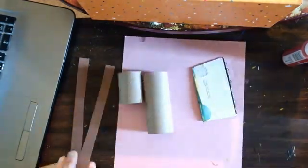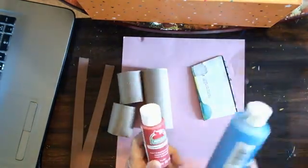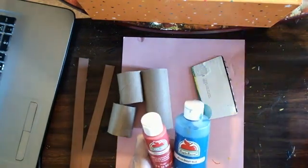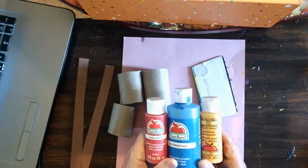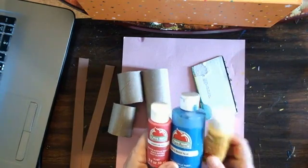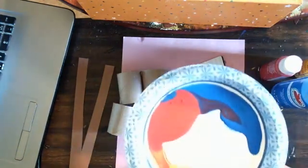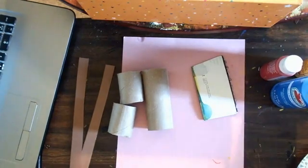You're also going to need some paint. Now, I hope you have paint at home. You can use poster paint, acrylic paint. We need the 3 primary colors because we talked about color this year and we need to include our primary colors. A plate you can put the paint on. I've already put some paint on my plate. You're going to need your